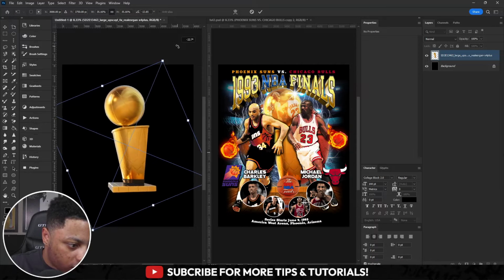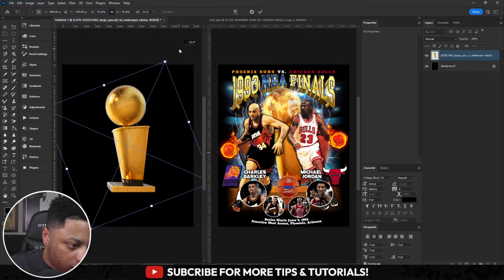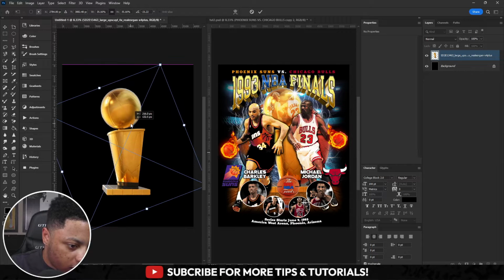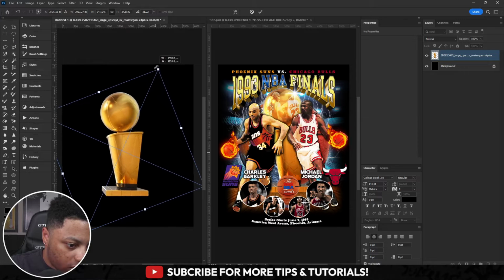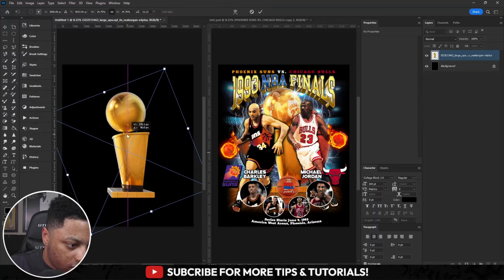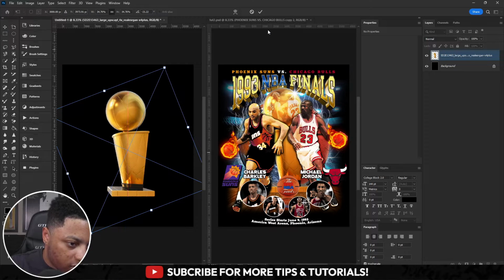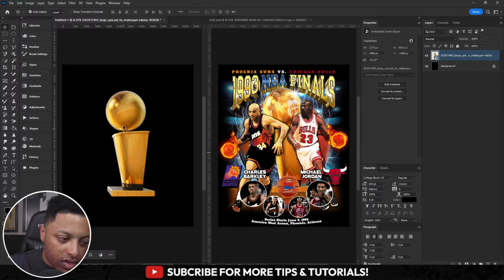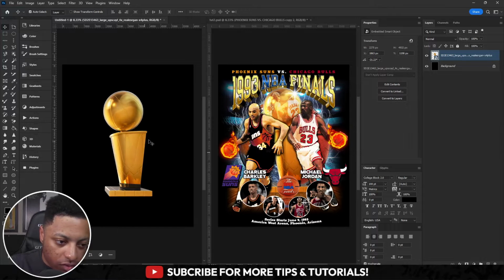Rotate it here a little bit. Place that smack dab in the center, similar to what we can see right here. Maybe scale it just a little bit. About so. Having this in the middle is just going to give us our reference point of where